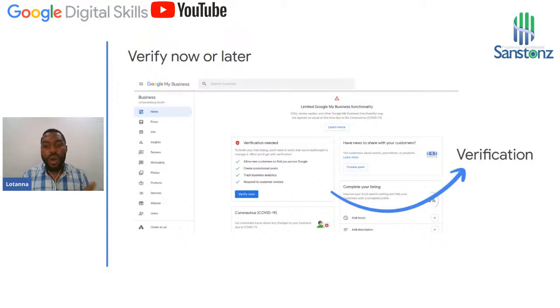So, verify now or later. Once you get to this level, you'll be able to say verify now or later. When you say verify now, you can choose a video verification. Someone will call you using video to ask you a few questions and probably ask you to use your laptop or webcam to go around your business, to be sure that the business belongs to you.